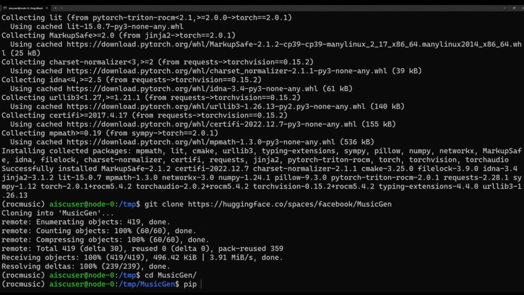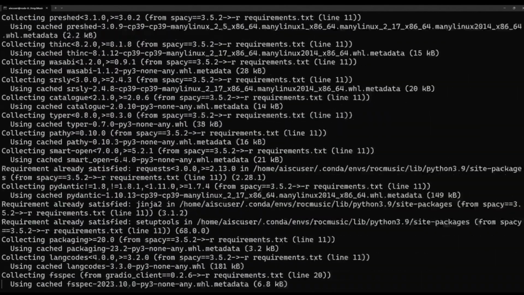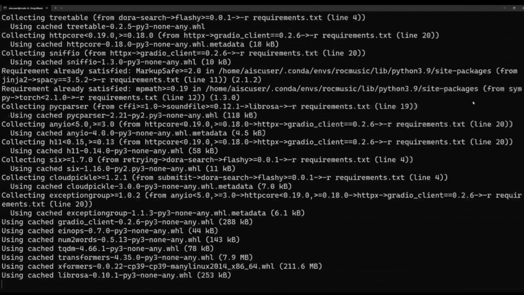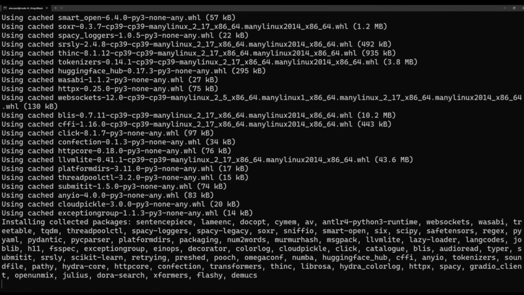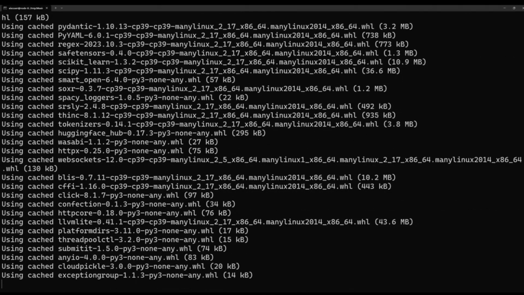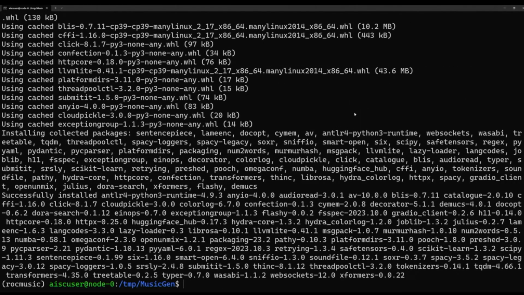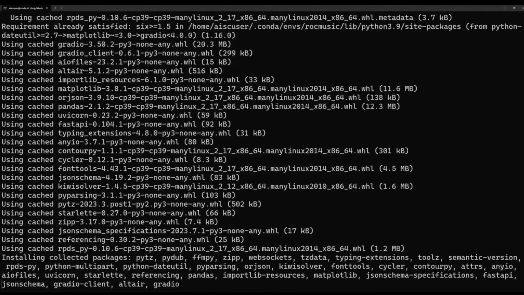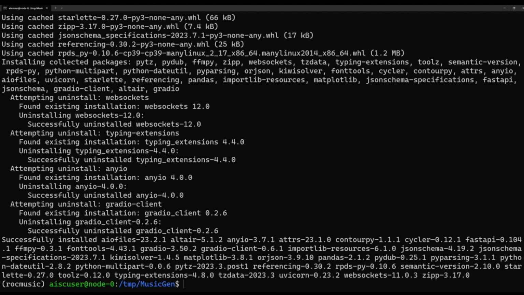Yeah, so here's where I pull the actual code from Hugging Face. I just clone the repo and then install the requirements here. A few packages it just installs, and in a few minutes it will be done. I think I just sped up some part of it, but otherwise this is exactly what it takes. Nothing's different here, right? Nothing too fancy. I think there I have to deal with some specific version, but otherwise here I think we just run.